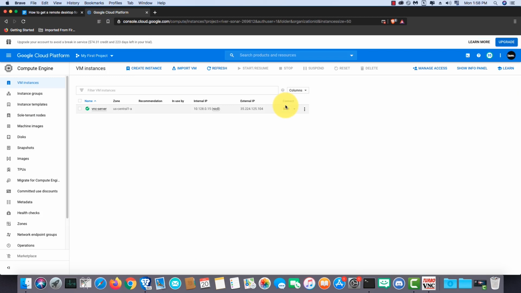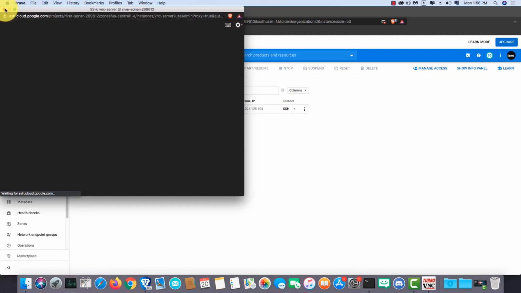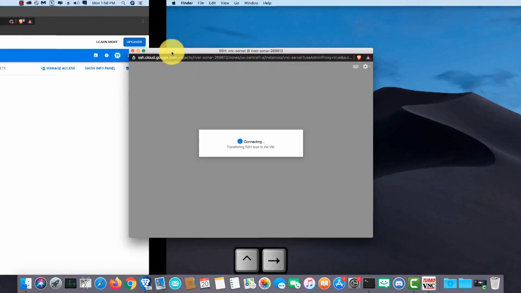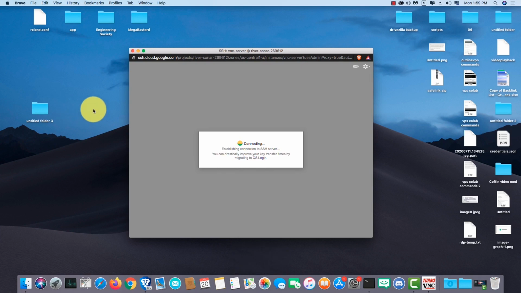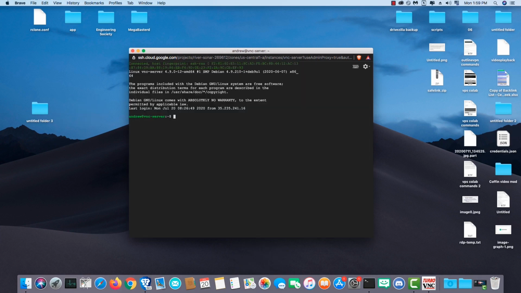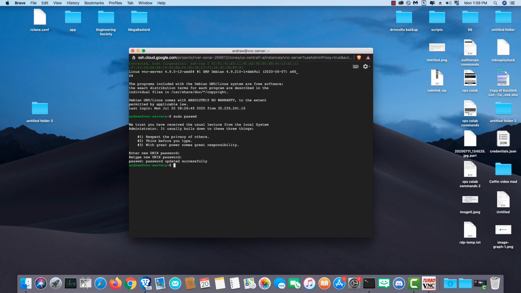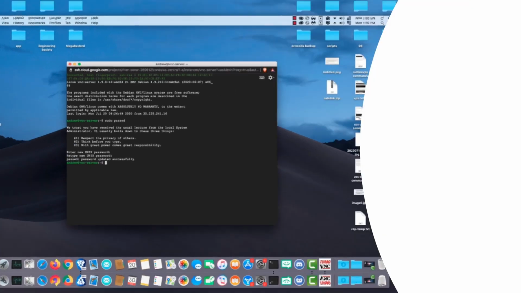Okay, go to the GCP tab, click on SSH. Then you will be connected to the VM instance via SSH. Then type this command and hit enter. Now you can set a root password. Terminal doesn't reveal the password by default, so don't be confused if you are not familiar with it. Right, we created the root password for the current user.